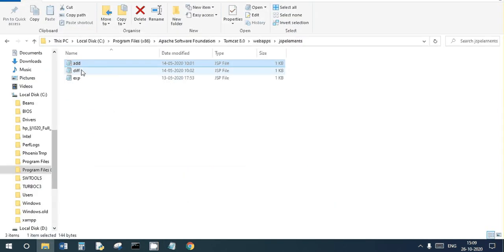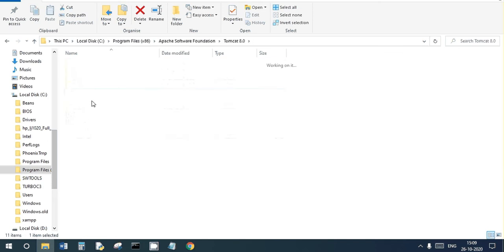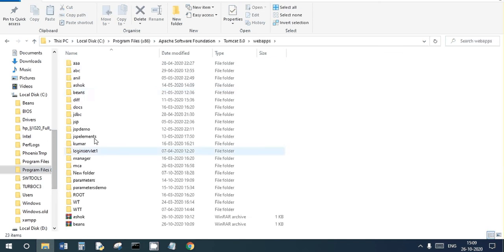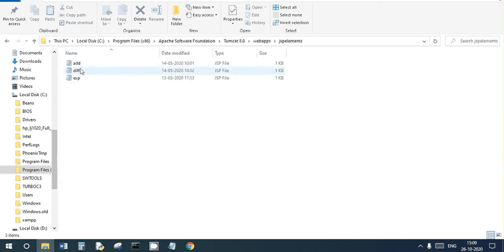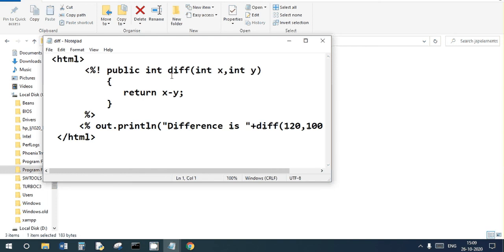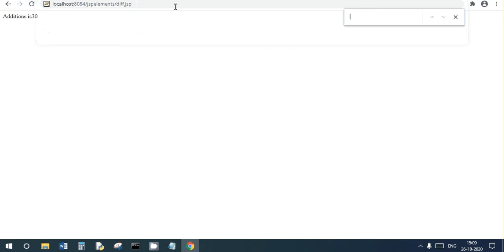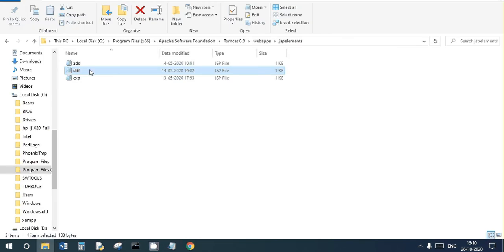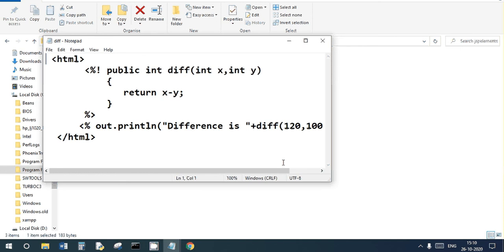In Tomcat webapps, JSP elements, difference.jsp, the output is: difference is 20. Observe the 120 comma 100.